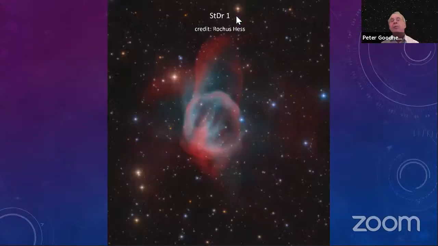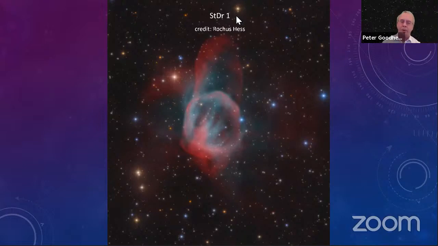As a result of that, this became confirmed as a planetary nebula. And recently, Rochus Hess, another of Marcel's friends, managed to use a 1 meter telescope and get 16 hours of imaging to show that discovery in much more detail. And I think it's quite a remarkable first discovery for Marcel and Xavier.